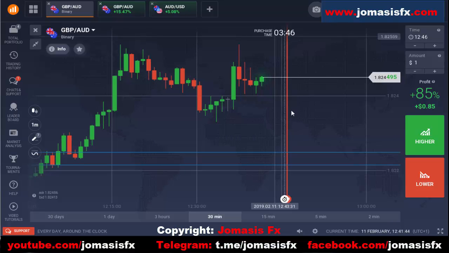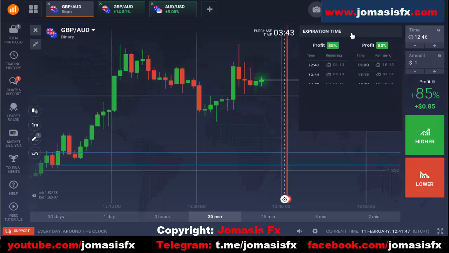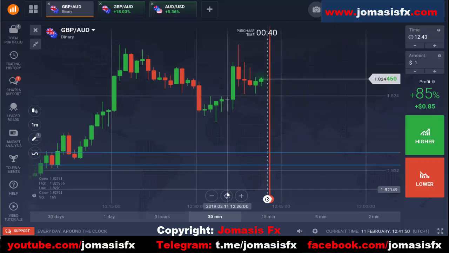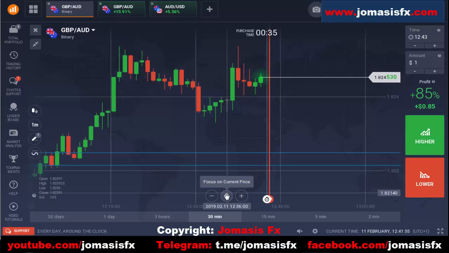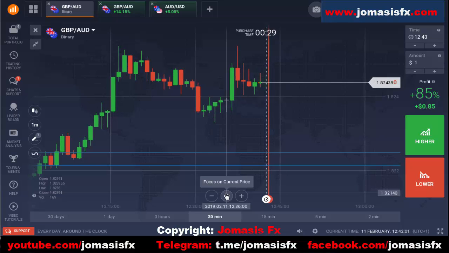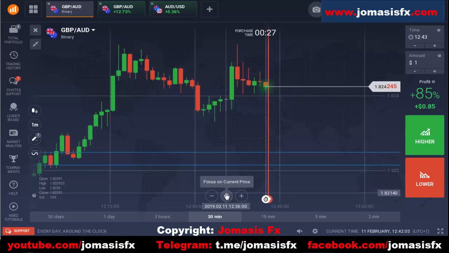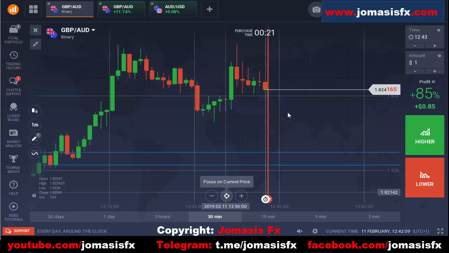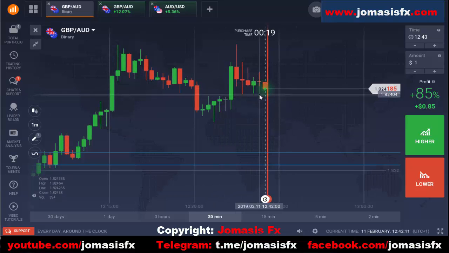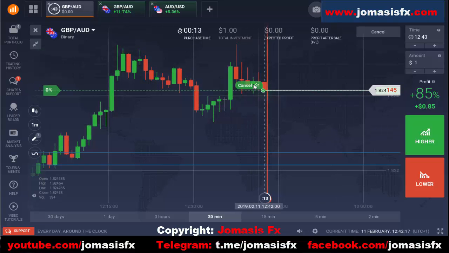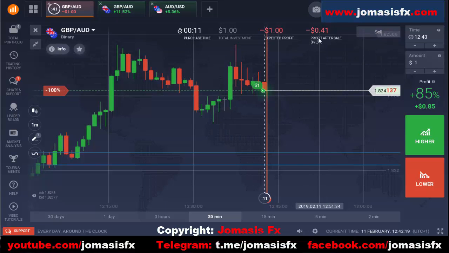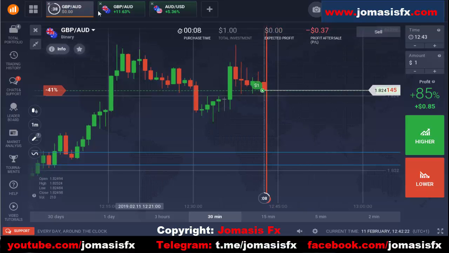But one thing about binary options is that, let me change it to 1 minute here, you have less control over it. Once a trade is placed, you have to keep watching the market, because if it is going against you, the best thing you can do is to sell off the position. What I'm saying is this. Let me just place a trade here. Now, as you can see, within this short time